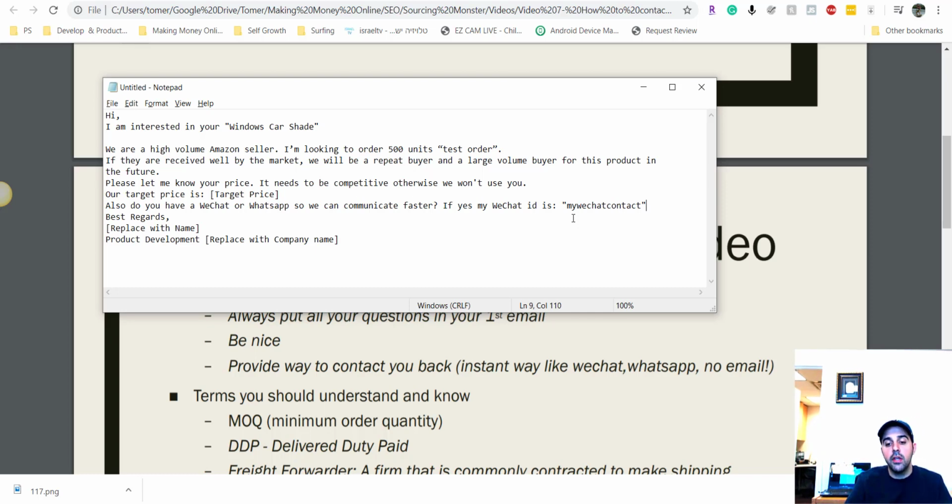So that saves you a lot of time, instead of you talking with them on Alibaba and only after a day or two you ask them, oh, do you have WeChat. This will save you time. We're all about speed and productivity and time here,